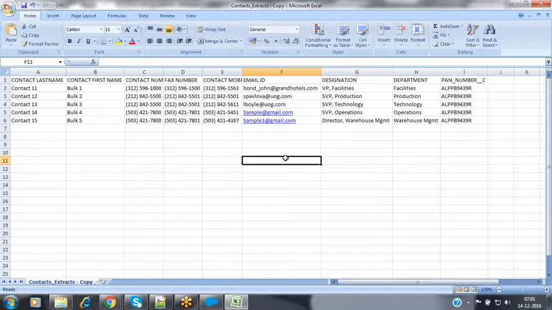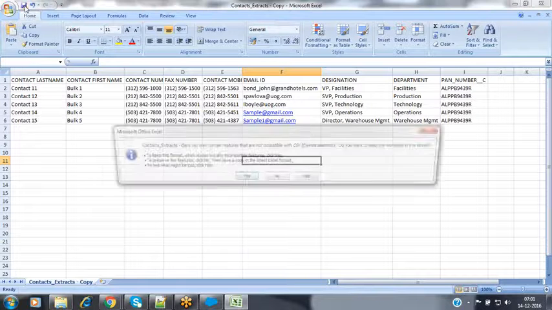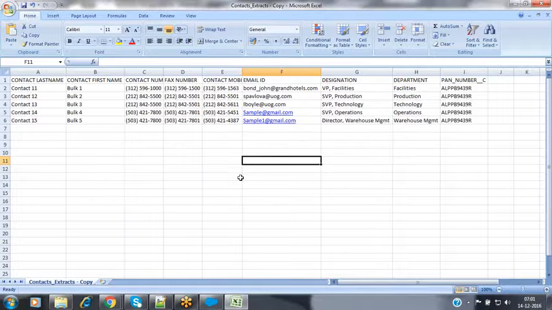Observe this one. In this case, what happened? Now the column names inside the file and the field API names are completely different. So at that time, how can we map these things? We'll see practically here. Now let's save this one. I'm saving this file.